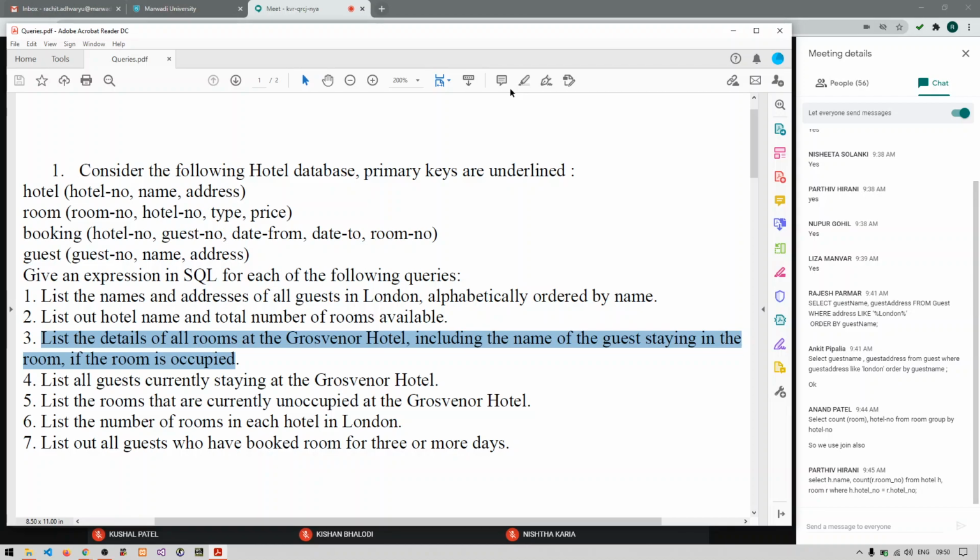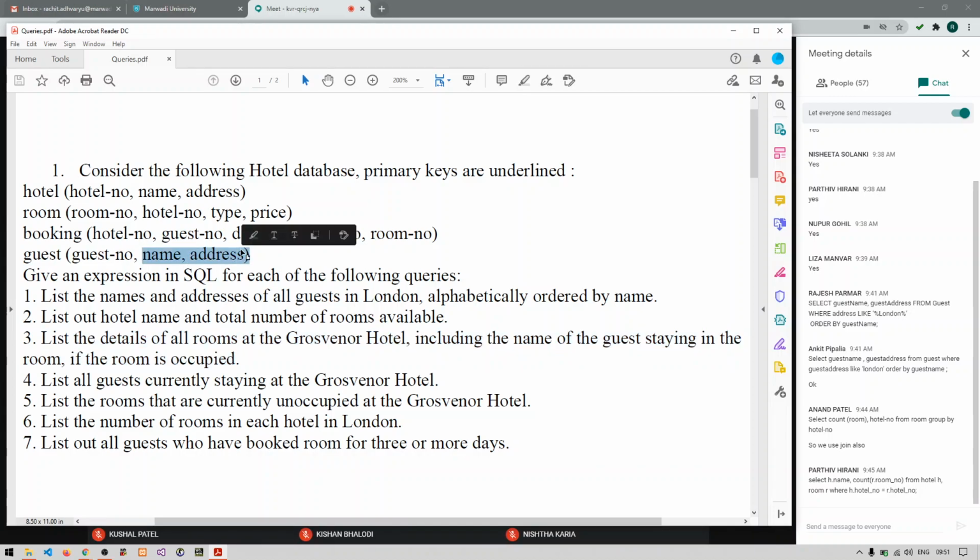List the details of all rooms at the Grosvenor Hotel. Include the name of the guest if the room is occupied. If you can see, you will get the guest name from the guest table.